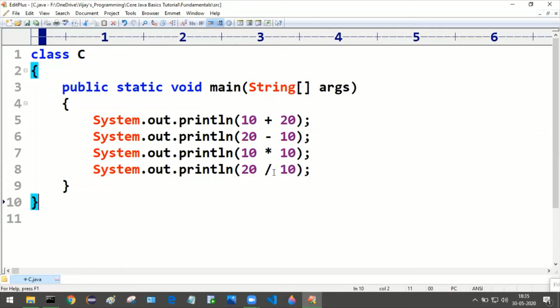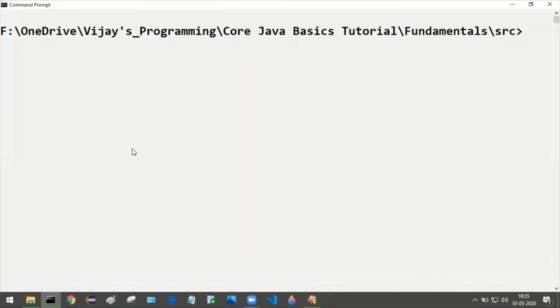After you develop this program completely, you just need to save this file. Before you compile it, you must save this file. Now come to the command prompt and trigger the javac command to compile this program. Javac space -d space ../classes space the name of the file, that is c.java.